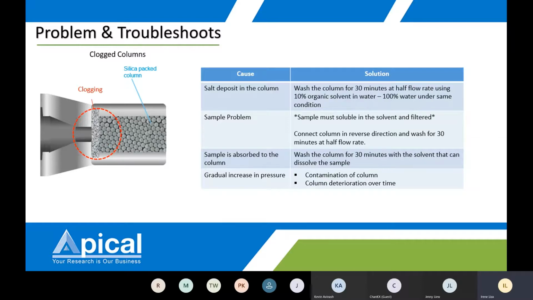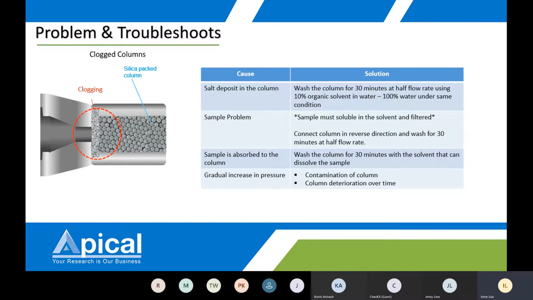On the other hand, you also need to wash, so definitely you need to connect it in the reverse direction and wash it for 30 minutes. So if sample is absorbed into the column, because it can't flow through, it is truly absorbed and stuck, so wash it with a solvent that can literally dissolve samples. So you need to know what samples you're running, and perhaps what is the solution that can dissolve